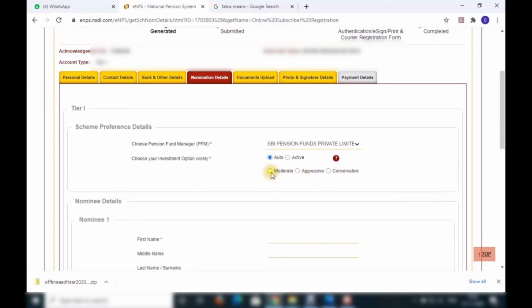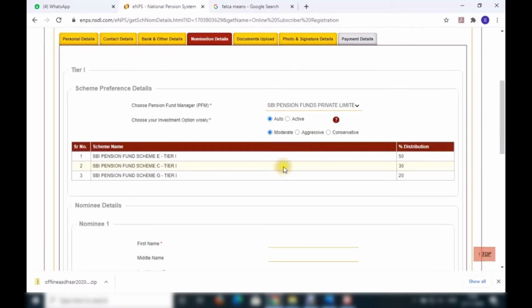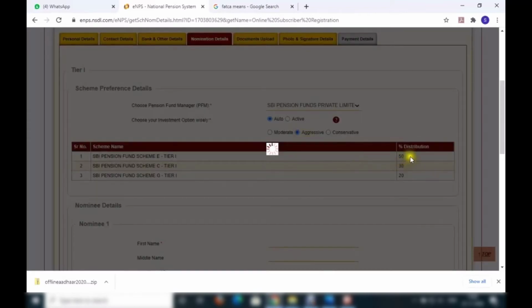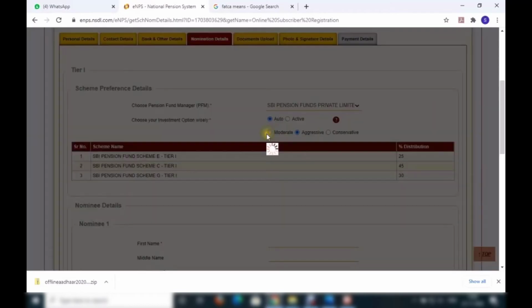In auto, in moderate it's 50%, 30% and 20% in equity, corporate and government bonds respectively. In aggressive it's 75, 10 and 15, and in conservative it's 25, 45 and 30%.